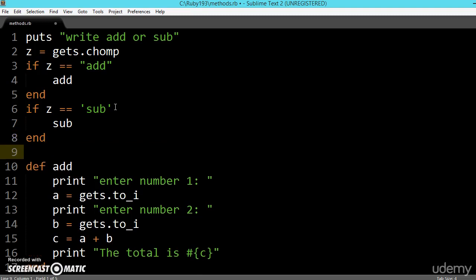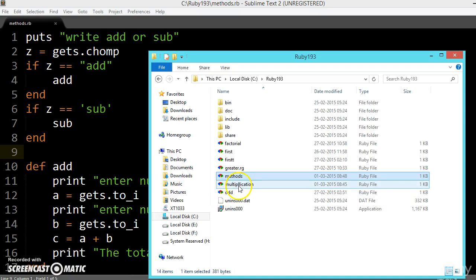So now let us try to execute it. Save it first. Now open the file.